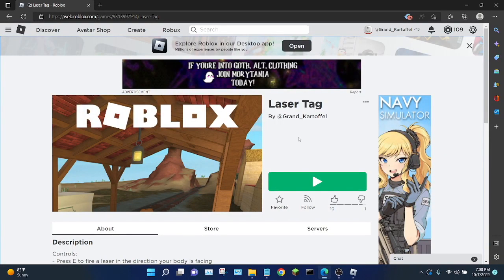Number 5 on the list, the second Roblox game, is Laser Tag. This is a game project that I think turned out really good. I made this primarily so that the students at my coding company would have an end-of-class game to play. Like I said, I'm not a huge Roblox fan, but coding this was a ton of fun.